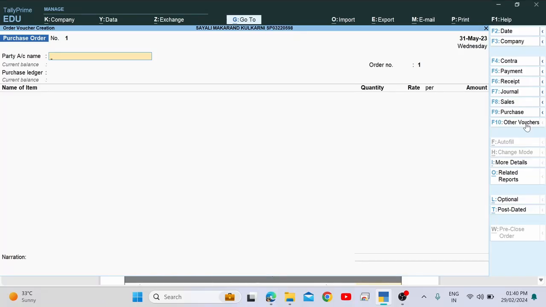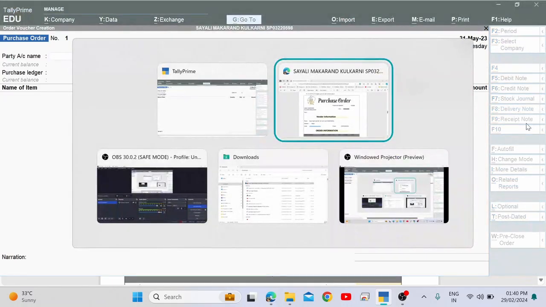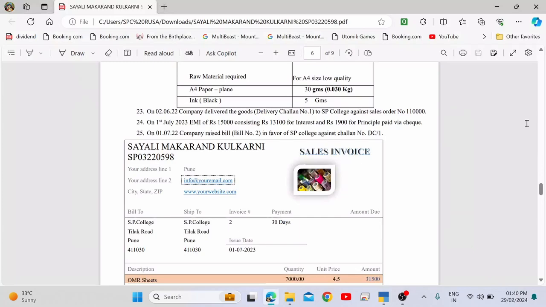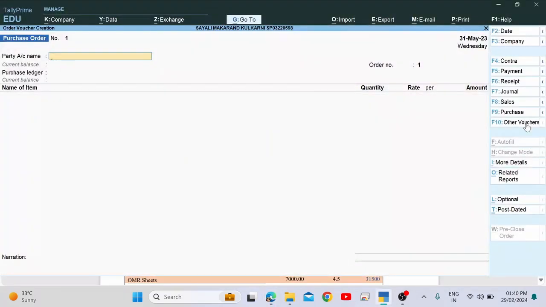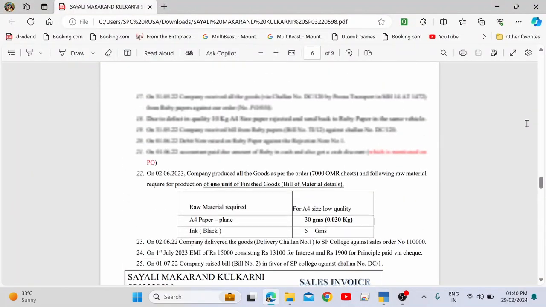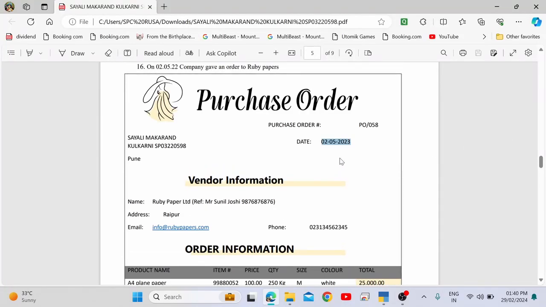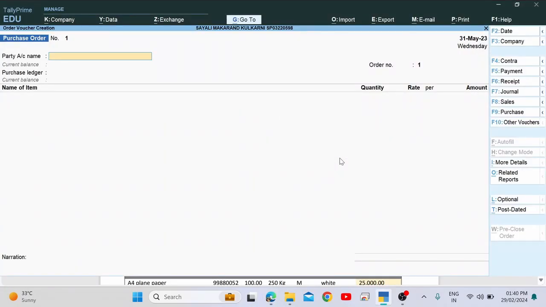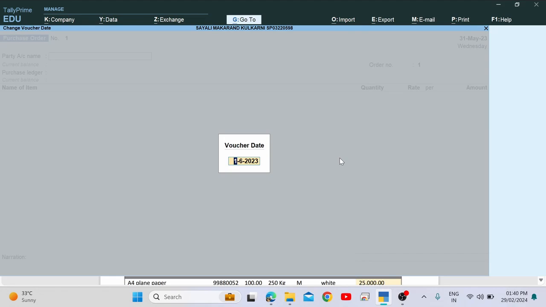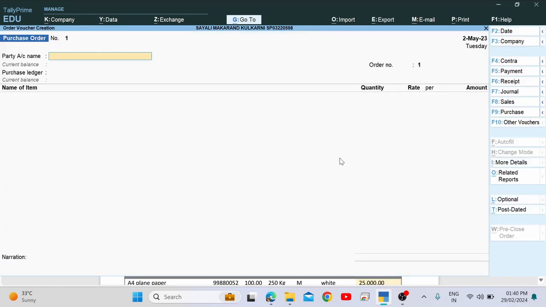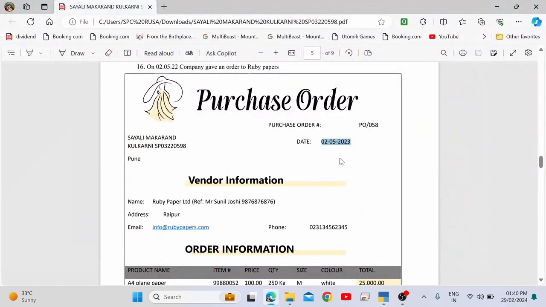Now purchase order, and in the purchase order, as I said, we want first the party name, but before that you can change the date as well. What is the date of this purchase order? 2nd May. Say 2nd May. Is 2nd May there? No. 31st May is there. Change it to 2nd May. And then here in the party